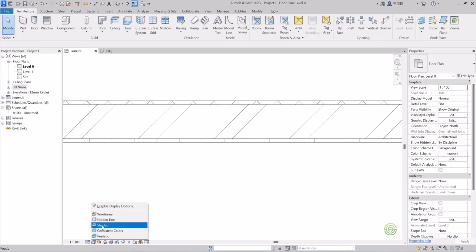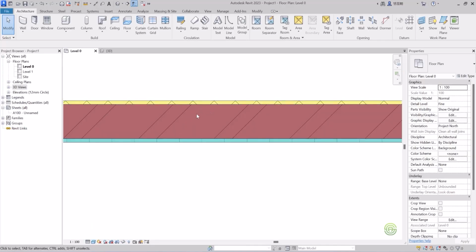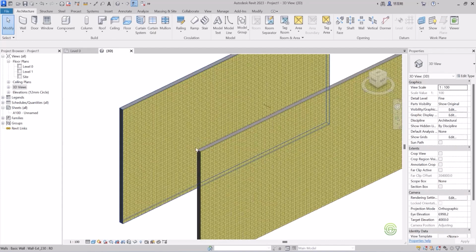Now if you just change to shaded, in shaded we can view the colors that we have given in the edit tab in the properties. Now if you just change this to a consistent color, we can view this in much more detail. So just select this in 3D view. So in 3D view,